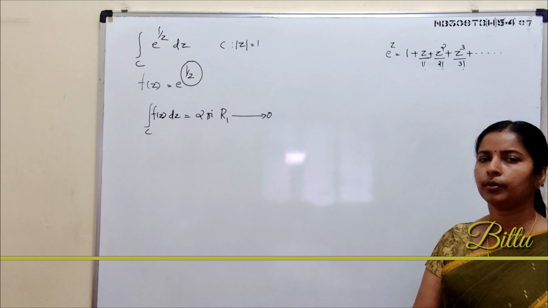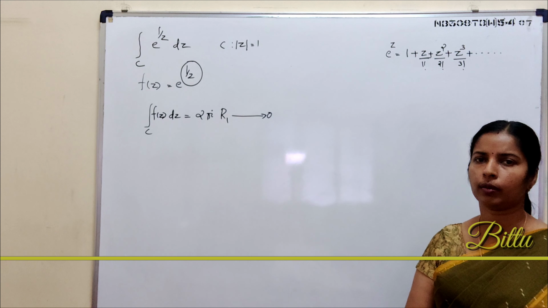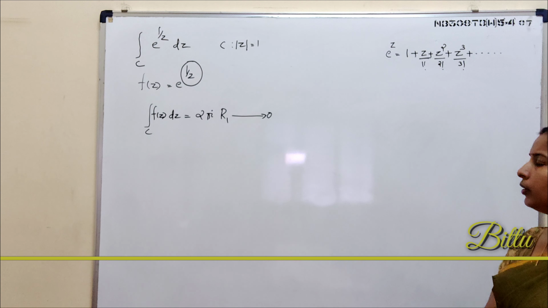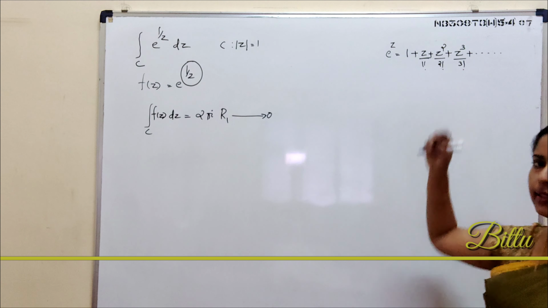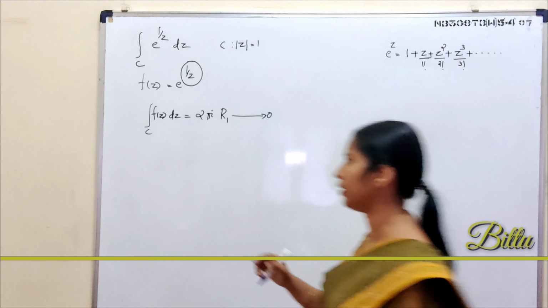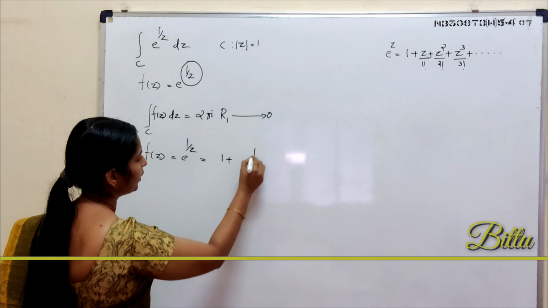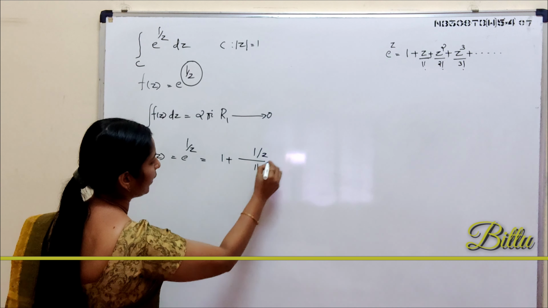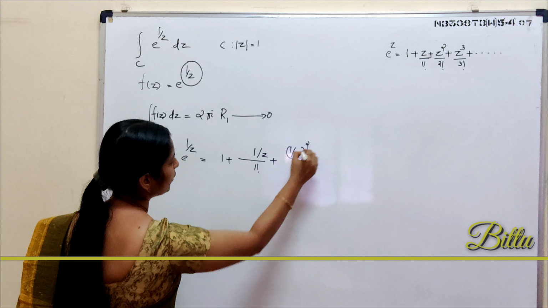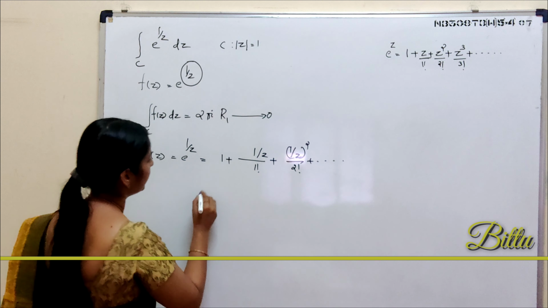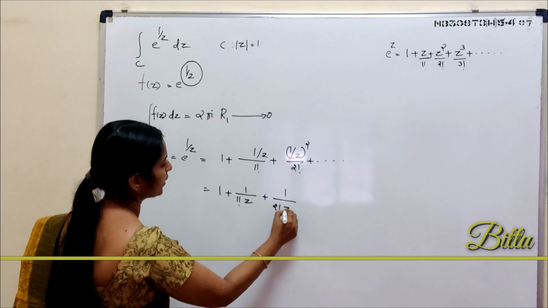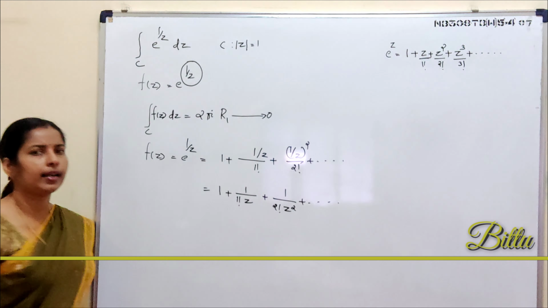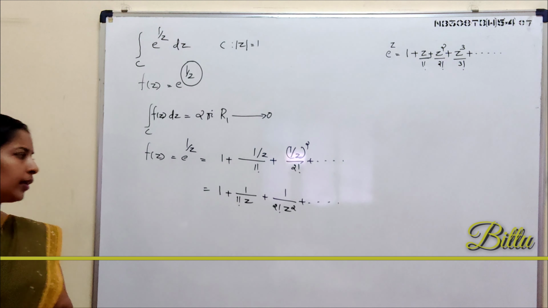Also, in this section you have to notice the series expansions of sin z and cos z. So we have to expand f(z) in the form of an infinite series by using this expression. So we have f(z) equal to e raised to 1 by z, which is 1 plus 1 by z by 1 factorial plus 1 by z square by 2 factorial plus etc. That is 1 plus 1 by 1 factorial z plus 1 by 2 factorial z square plus etc. See, this is the Laurent series expansion of the given function.